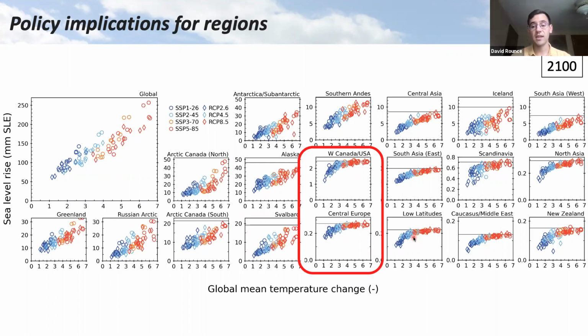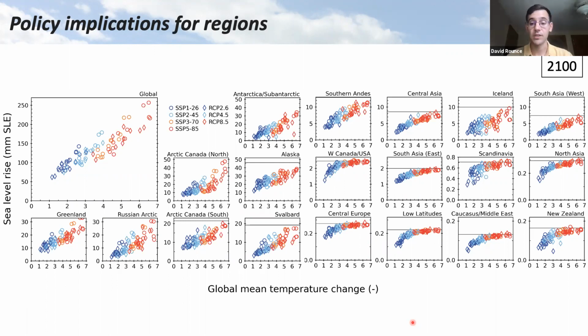And Western Canada, USA shows similarly high sensitivity to temperature change. So you can see that those scenarios that are closer to 1.5 degrees, there's still a good bit of mass remaining. The sea level contribution isn't too high, but really once you get to around 3 degrees, we start to see near complete deglaciation of those regions as well. So this really highlights the sensitivity of these regions to small changes in the global mean temperature. And for other regions, these plots also give you a sense of their sensitivity as well. And this is sort of the basis of the emulator approach, right? You can fit emulators that are based off of the global mean temperature change and then run these for a